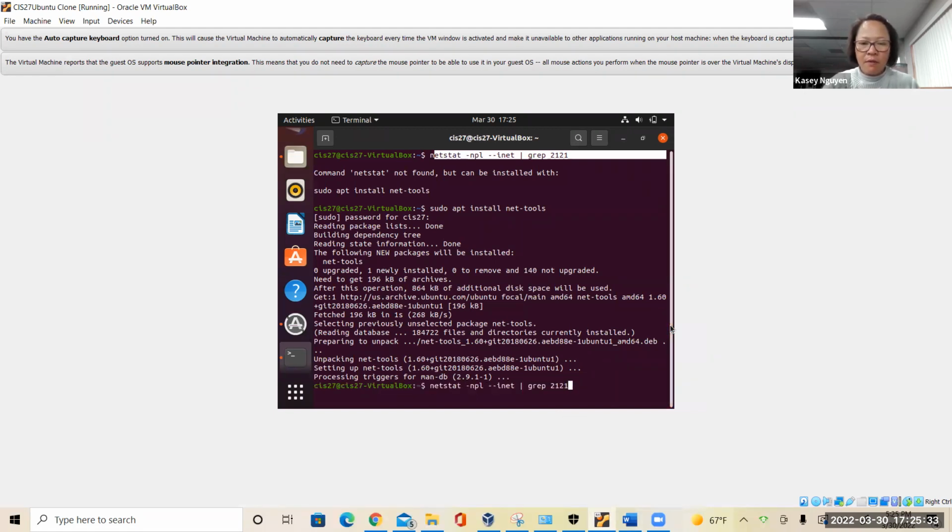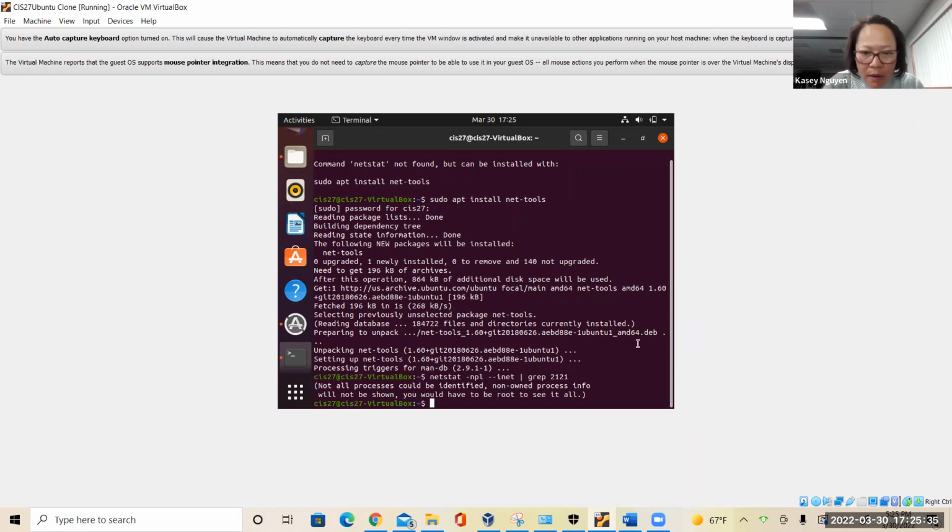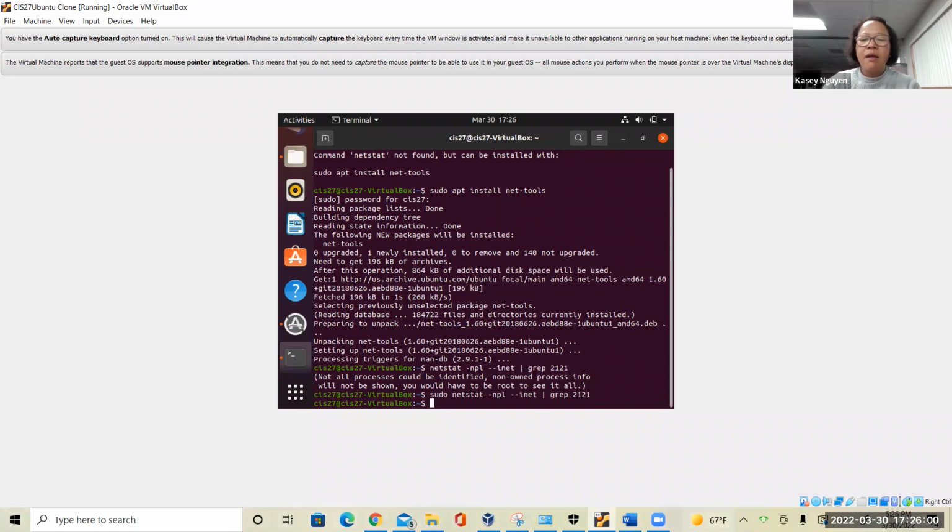Okay, so now. It tells me here that not all the processes could be identified. Non-owned processes will not be shown. Okay, so let's do that. Let me see if I can get to the, because I'm not on as root. So it's recommended that you use a higher privilege one, but if you're on as a regular user, so